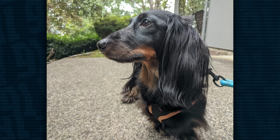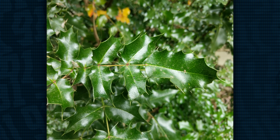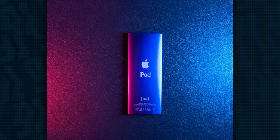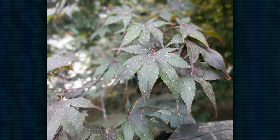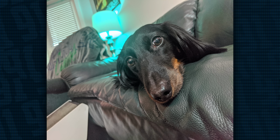Pictures from this phone still very much have that classic Pixel look to them. While not every situation favors the older Pixel with its small camera sensor, ideally you're going to want to take photos outdoors in good lighting, but even in low light, the Pixel camera app with its Night Sight does offer some versatility. There is no portrait mode here, but we do have the lens blur feature, which is quite similar. I found the phone wasn't great at handling motion. Taking pictures of my dog often resulted in blurry images as she would move around, but if you're patient, decent